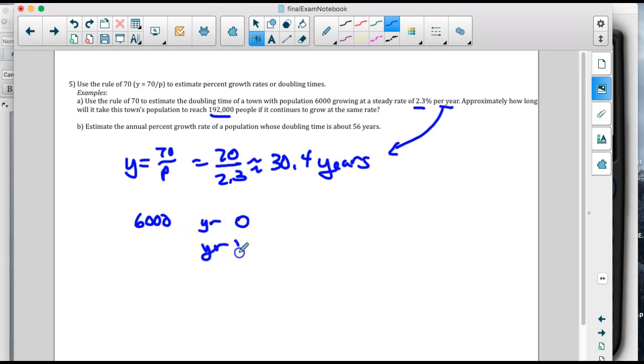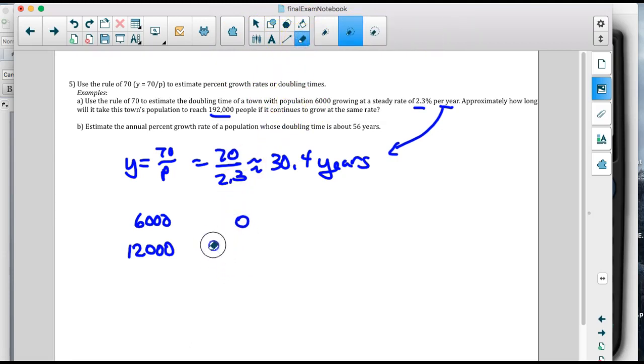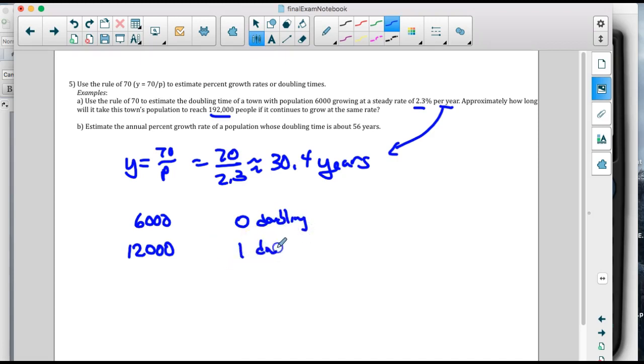Year 1 would be 12,000. It would double, or actually year 30 basically. So not year 1, but 1 doubling if we're looking at doubling rates. So if we're looking at doubling rates here, you're at 0 doublings, then 1 doubling. Then we'd go to 24,000 for 2 doublings, 48,000 for 3 doublings,